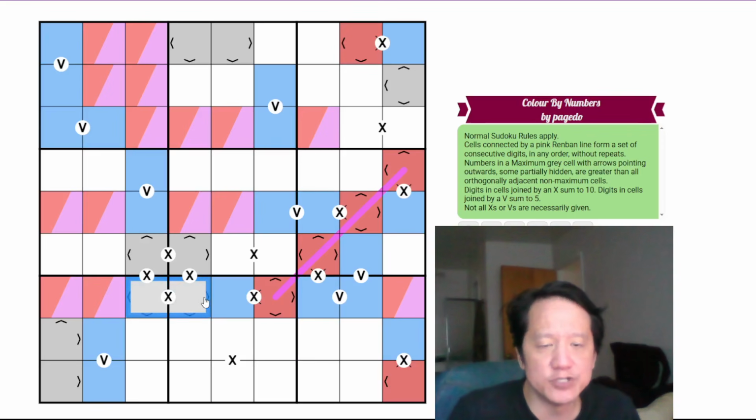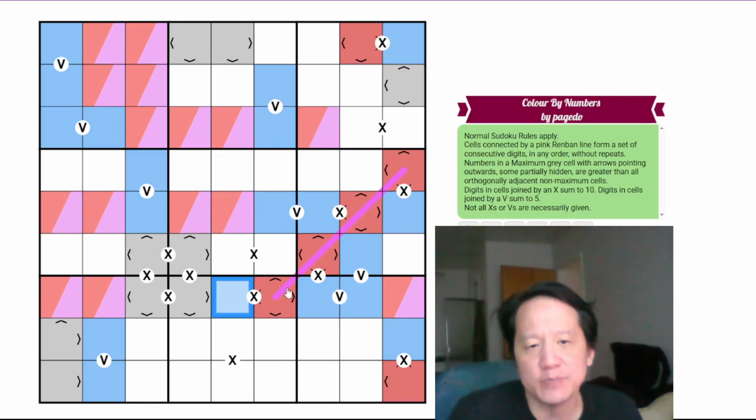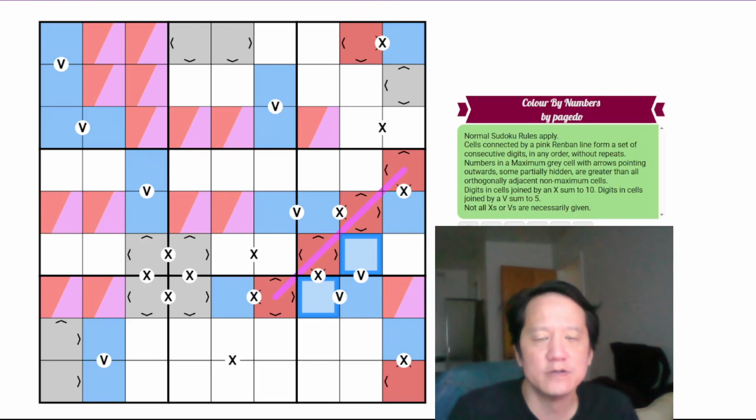This pair of digits, the low digit here, must add up to 5 with this low digit here, because we have a pair of digits here that add up to 5. So these two are the same digit, I should say. So then,